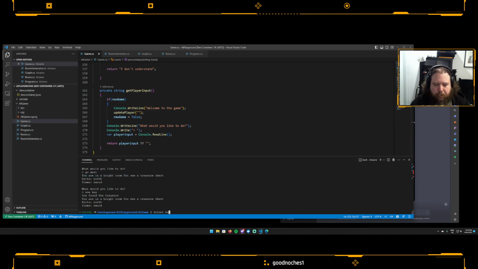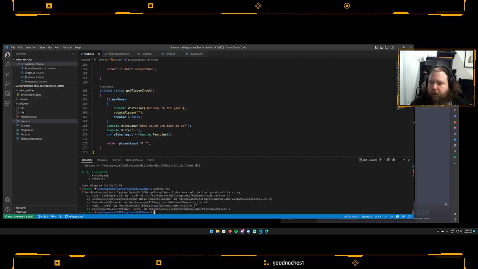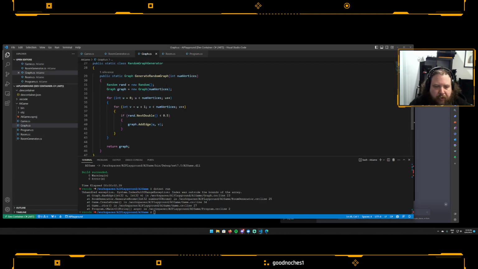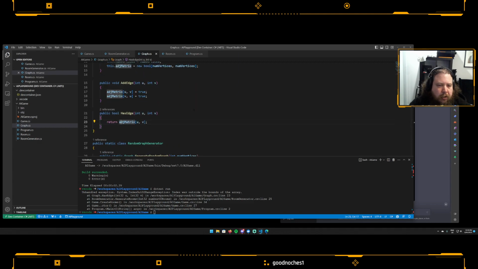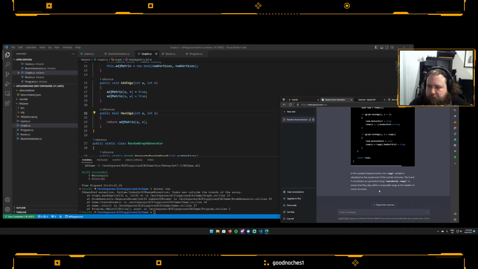We go dotnet build to make sure there are no compilation errors. And there's not. And we say run. Oop, there we go, we have an error. We've got an out of bounds array error, on graph line 23. So I'm going to go back to ChatGPT here and say